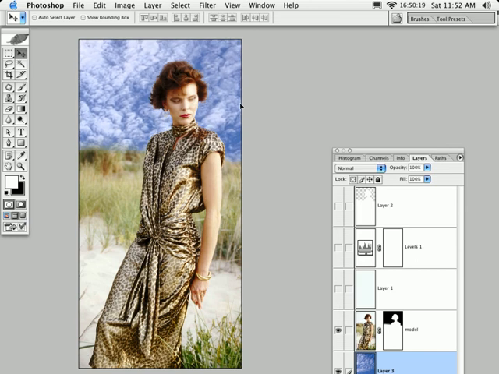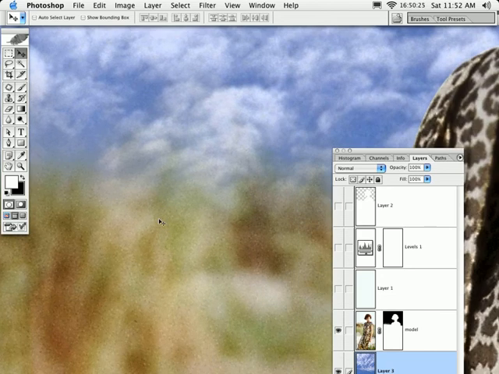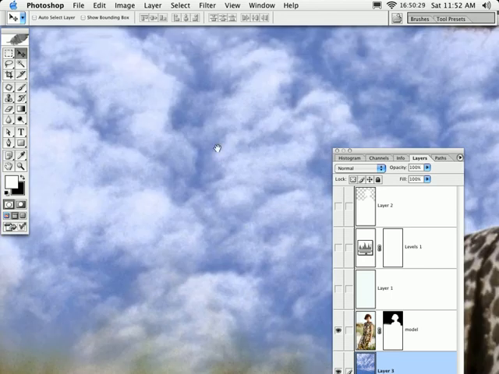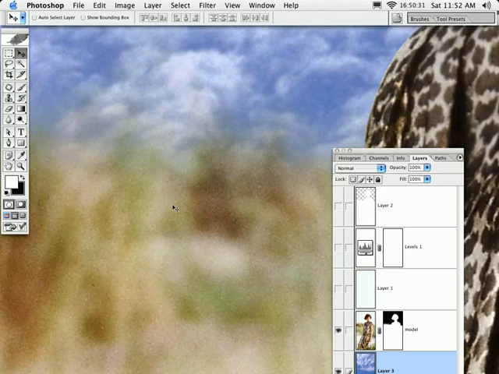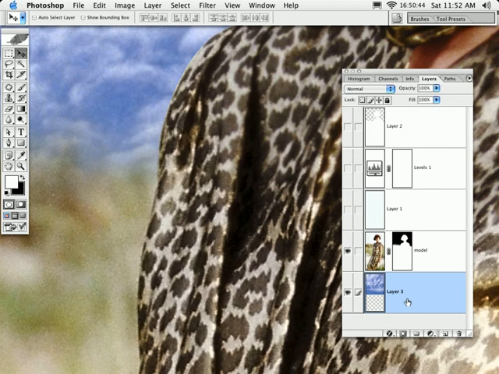Okay. Now, if we zoom in, be very careful. I hope you can see this. The original file has a structure from the film grain, and a different film was used for the clouds. That's a dead giveaway for a composite. So we need to add a film grain layer. I'm going to use the film grain on the clouds layer. So what you do to add a film grain layer, come to your layers palette and